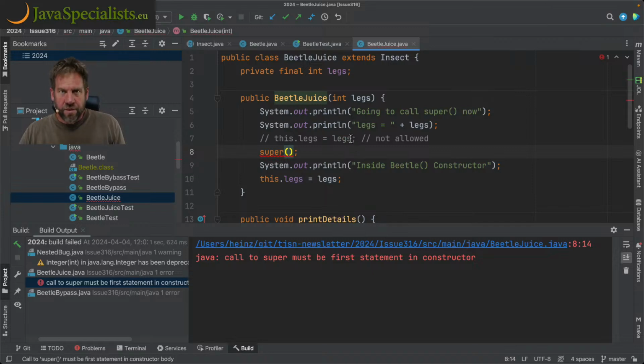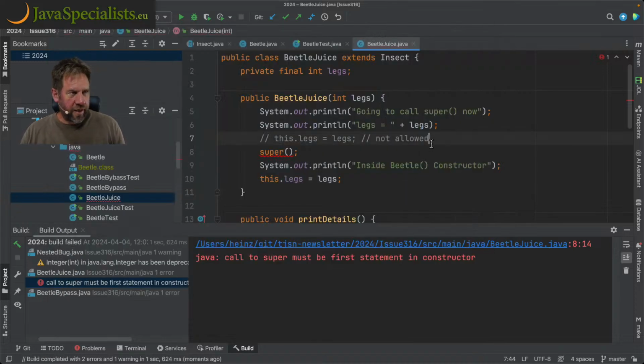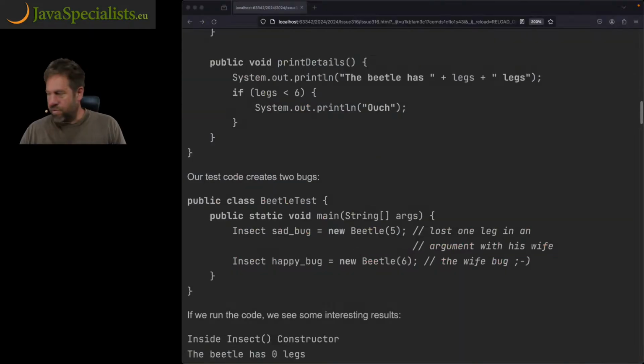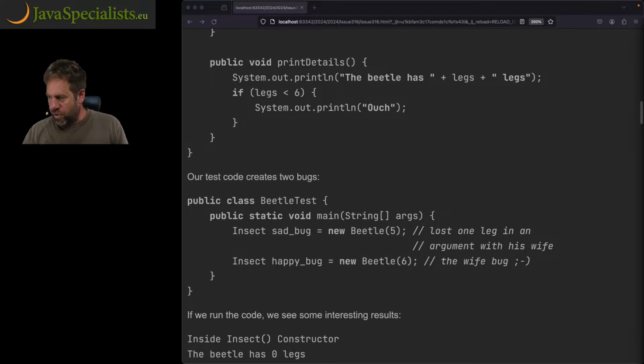And of course that super shouldn't be. Oh, okay. So this needs to be run with Java 22 preview, and I think I'm running the wrong version of IntelliJ. So let me quickly restart and run this with the correct version of IntelliJ, which is the very, very latest one, 2024.1 or something, and that will hopefully now